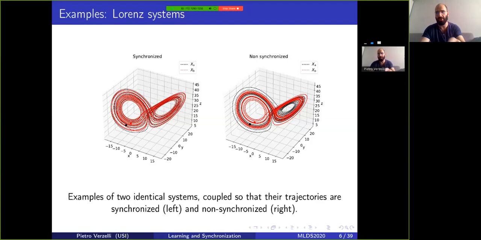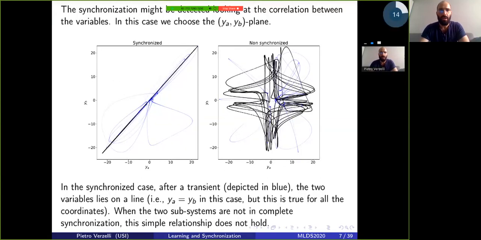The two dots represent the starting point, which are identical as well. But what you can do is plot one coordinate against the other to see whether the synchronization is effective, right? Because we define the synchronization as the coordinate of one system being equal to the coordinate of the other system. And so in this case, what you got is that